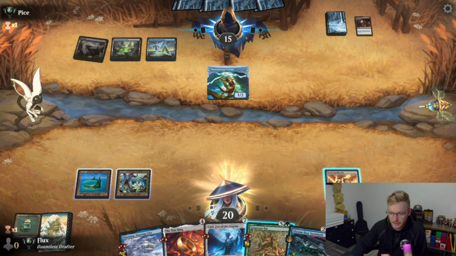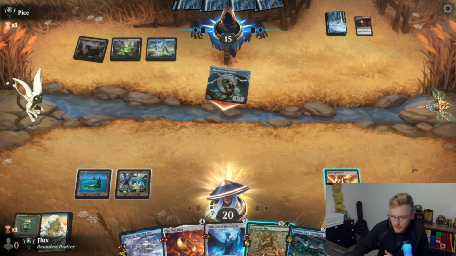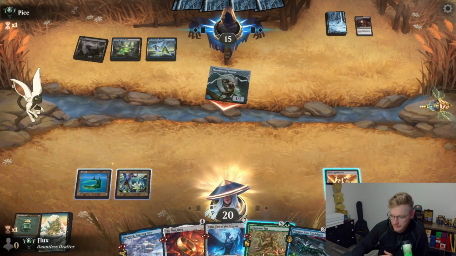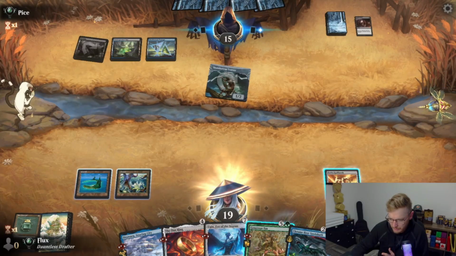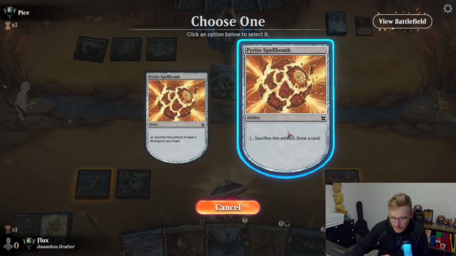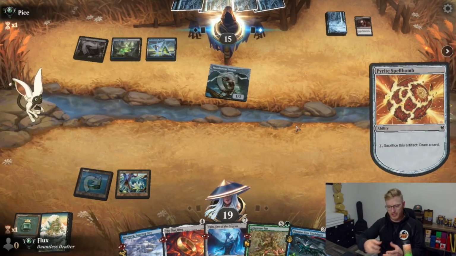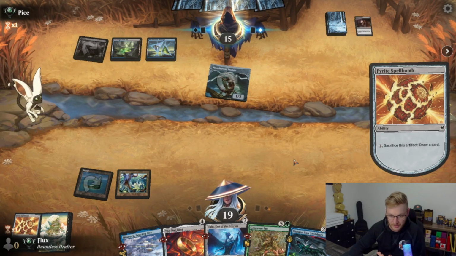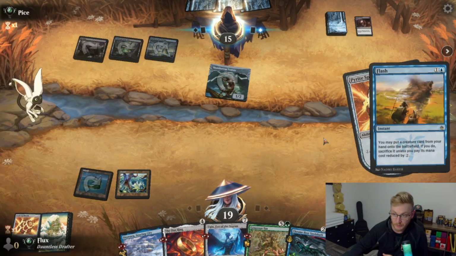Only thing better I could have done is go 4-0, but I was dying to like a recursional Golgari Dragon, the mythic Golgari Dragon. He had a 3 mana artifact that could sack a creature, bring a creature back into play, and just over and over again. It just was really bad for my 1-for-1 removal. So